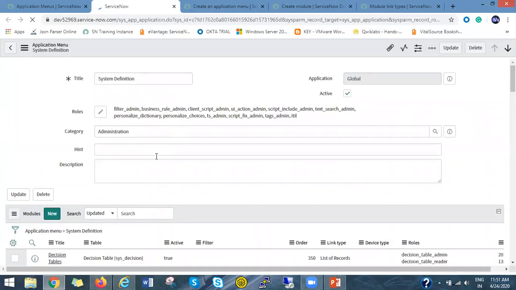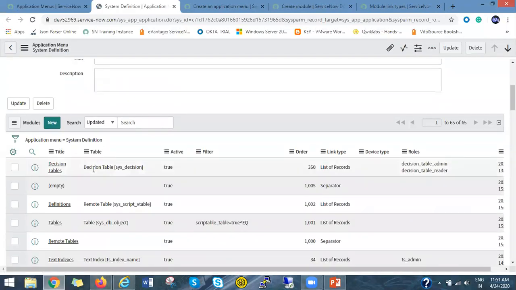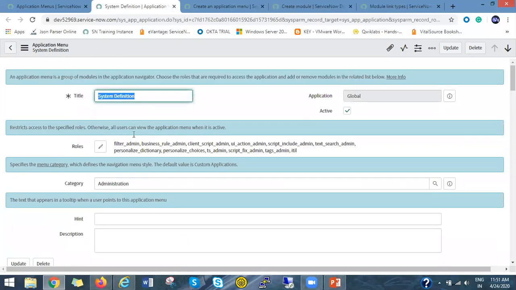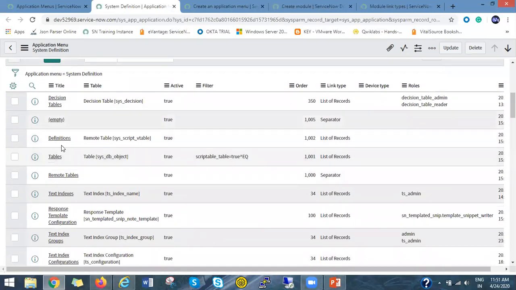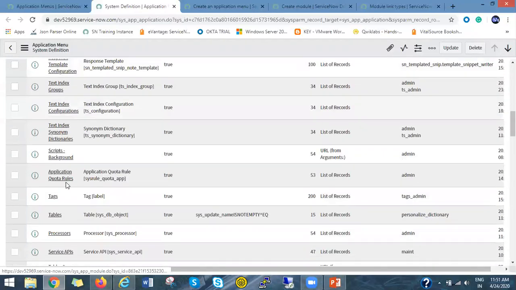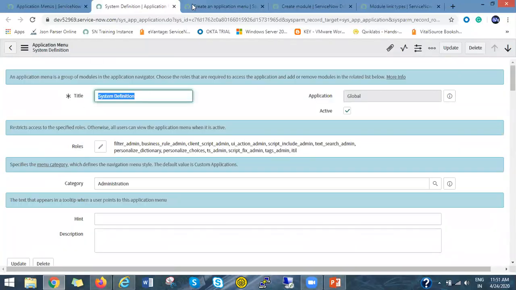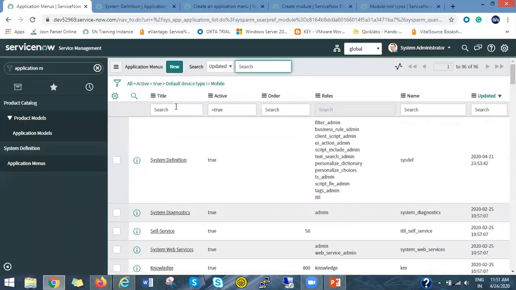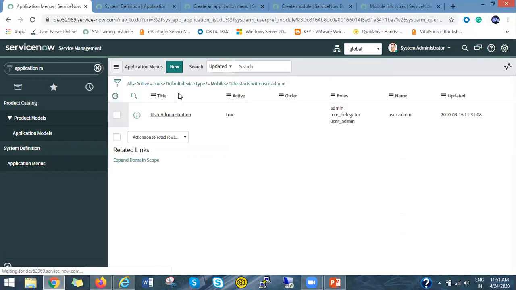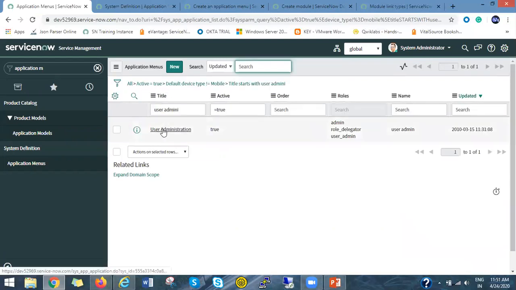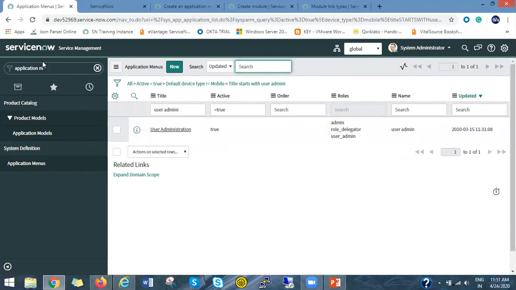If you open the system definition, it will show all the modules available inside this system definition application menu. All these definition tables and many different modules are available. If you search, let's say, user administration, open this one because this is more familiar than system definition.